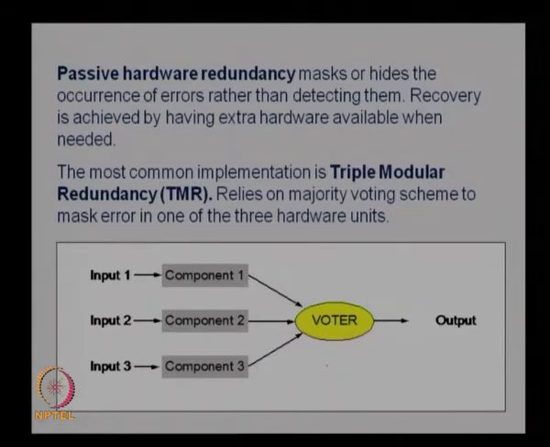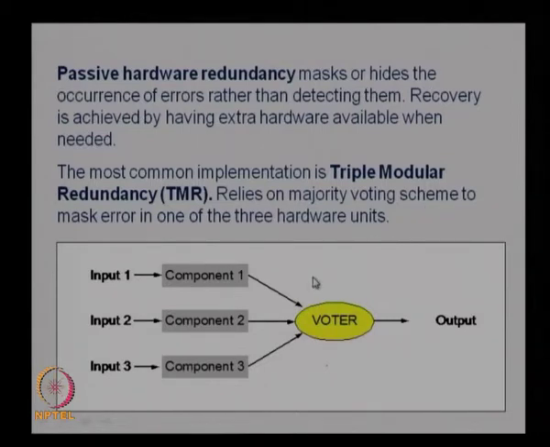So, we have modular redundancy in this case by providing three redundant hardware units and taking the output from them, and the voter will decide whether there is an error or not. If one of the component outputs is not equal to the other two, that will be an error, and without even declaring it as an error, the voter will go with the other two outputs and then give an output to the system. So, it actually masks the error in one of the components and continues to provide the output. That is known as the triple modular redundancy.